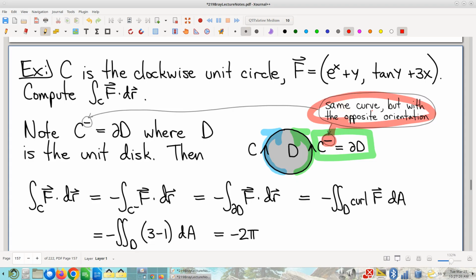All good. Right? So, other than that minus sign that results from orienting the other way, yeah, it's totally a boundary. So, the way I recognize this is by recognizing that the curve we were given and the curve that actually is a boundary differ only by orientation, and thus I get a minus sign.